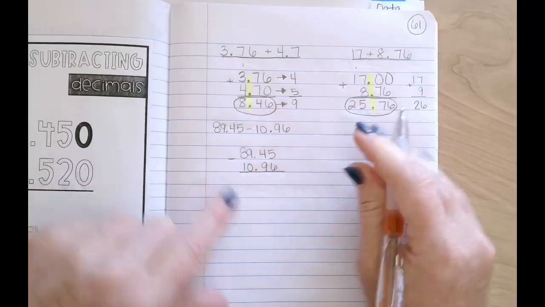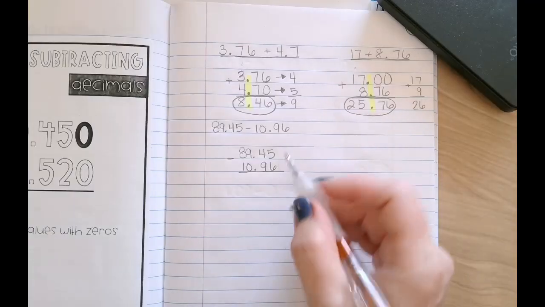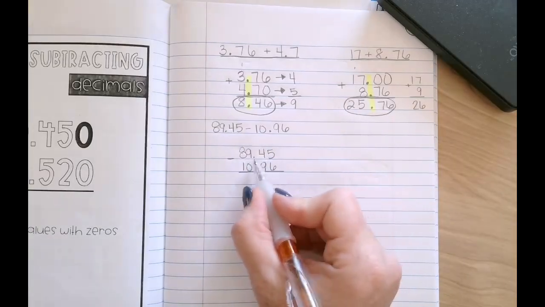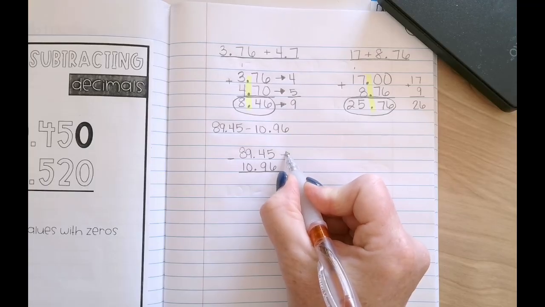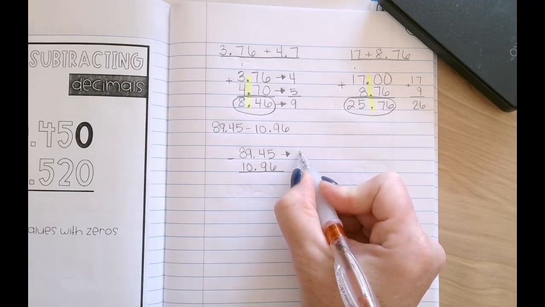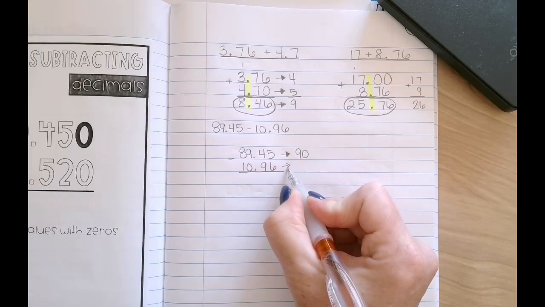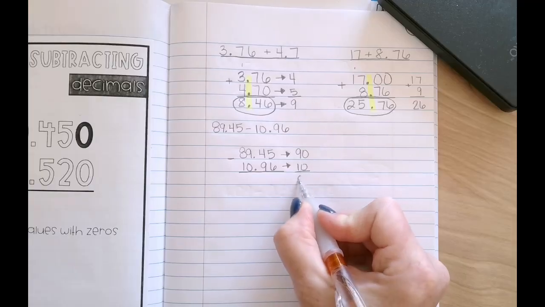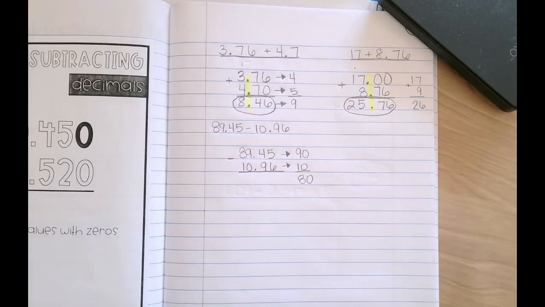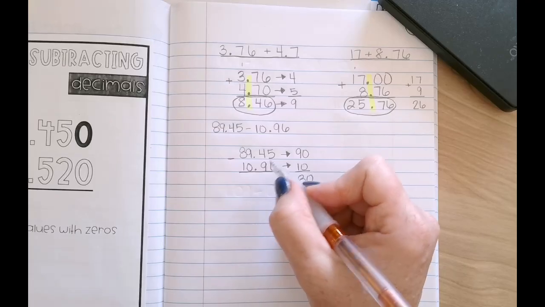Let's start by taking a look. First off, 89. We want to make this easy to do mentally, so we want to estimate that. What do you think you would estimate that to? Let's go with 90, and then for 10 and 96 hundredths, 10. That makes that easy to do mentally. All right, so now go ahead, pause the video, give it a shot, and then replay to see what the